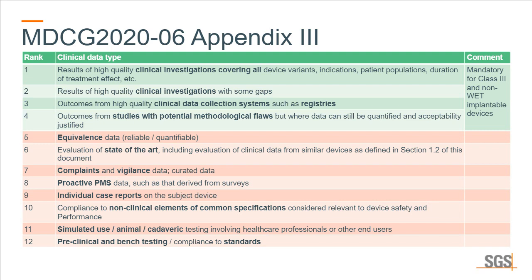So these are largely investigation type data. And then everything else underneath, you can already see that if your previous clinical data was only based on equivalence or state of the art or bench reports or anything like that, that cannot be used for these high-risk devices under the MDR. So if that's the case, if you only have everything under the red, that will not be sufficient. You will need to generate at least one type of clinical evidence. You will need to have a new baseline clinical investigation, pretty much.